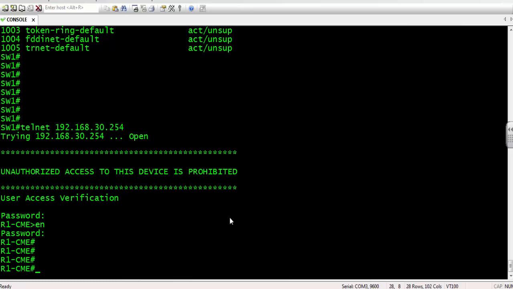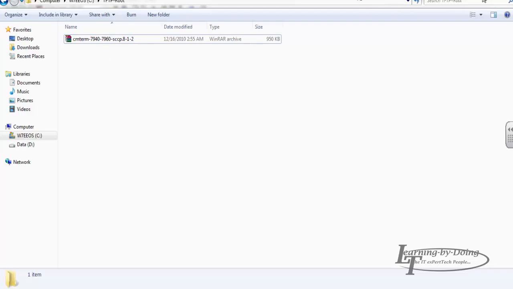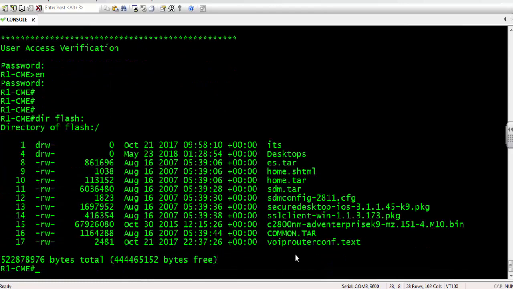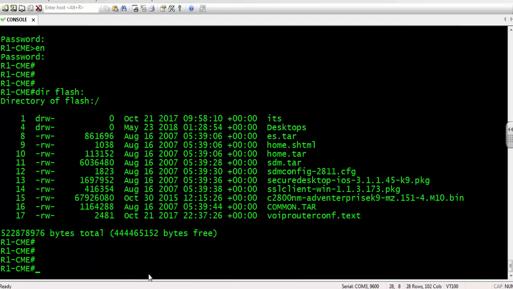and I already copied the file. All right, so let's see the flash, dir flash. I don't have any firmware, so let's begin copying those files. Archive, this is the command. I'm going to hit a couple of spaces there so you can see the command clearly: archive tar extract,